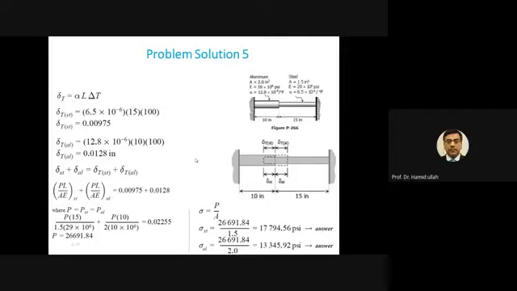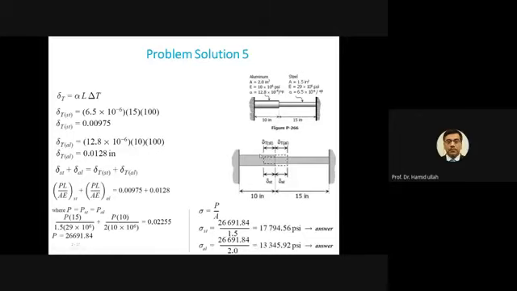Okay, so I have displayed the solution. You can see the figure on the top. This is the original figure of the compound bar with the data for each rod, whether aluminum or steel. After temperature increase, what is happening? You can see the dotted line; the dotted means they want expansion. The steel one, on the right side, because of temperature increase, wants to elongate. So the dotted line shows elongation of the steel.